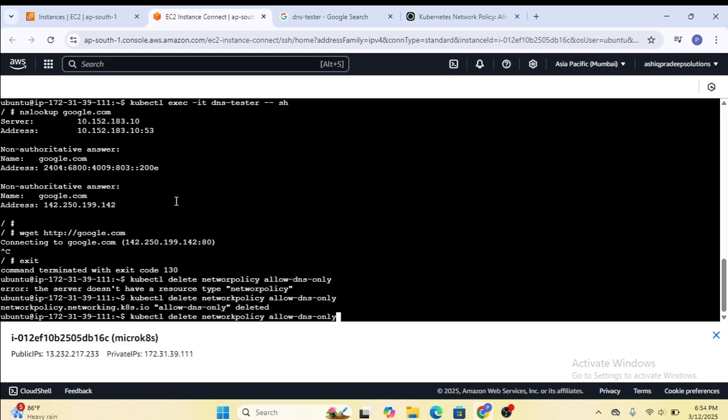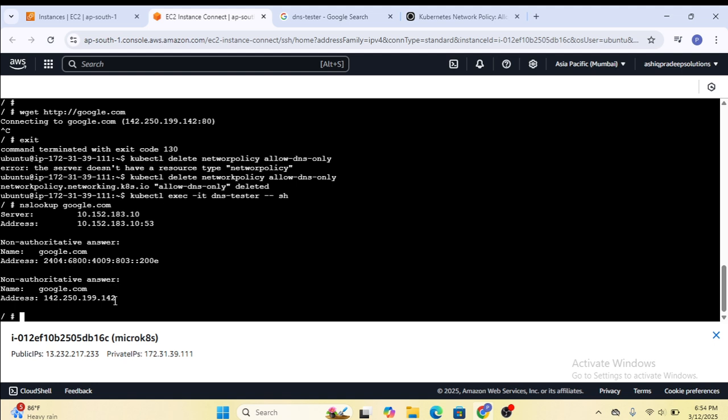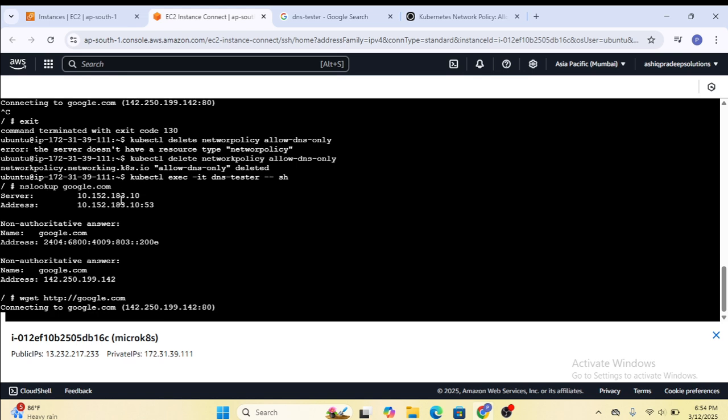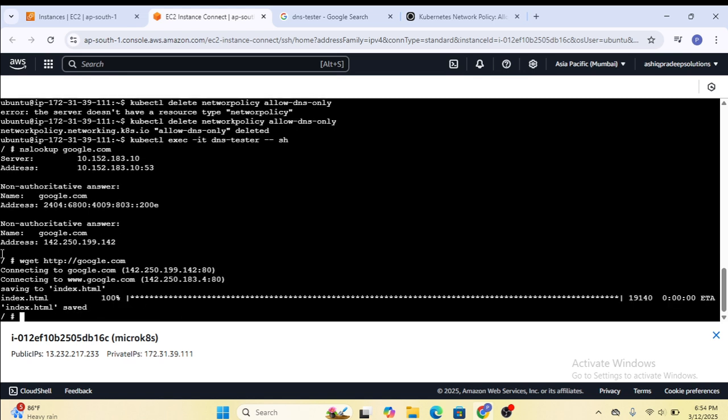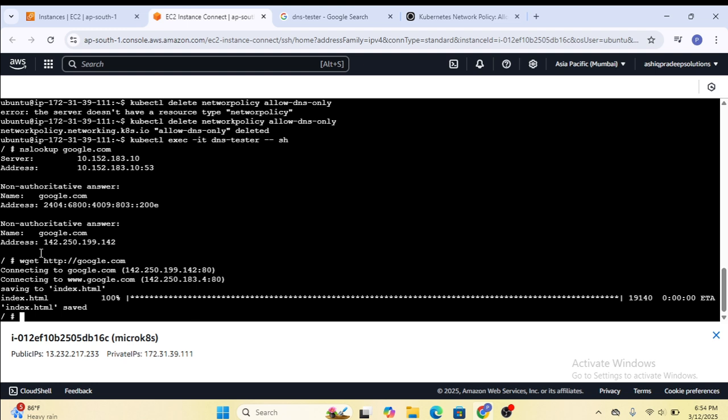Again we can log into the pod and we'll check the behavior now. Okay, so first we can check nslookup, because it will work, since there is no restriction now. So next we can check the wget. Now you can see wget is also working. Why? Because we removed the network policy. Previously the network policy blocked everything apart from 53, but now we deleted it, so that's why